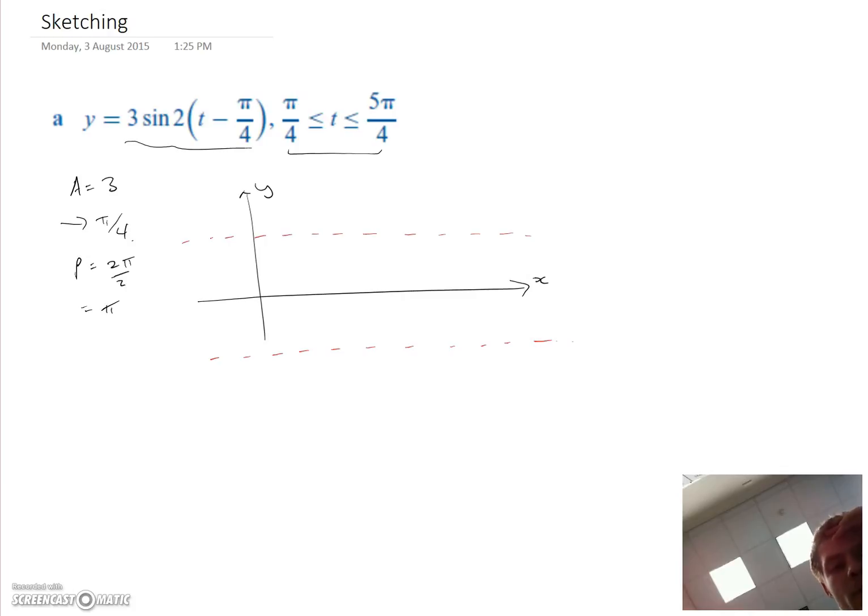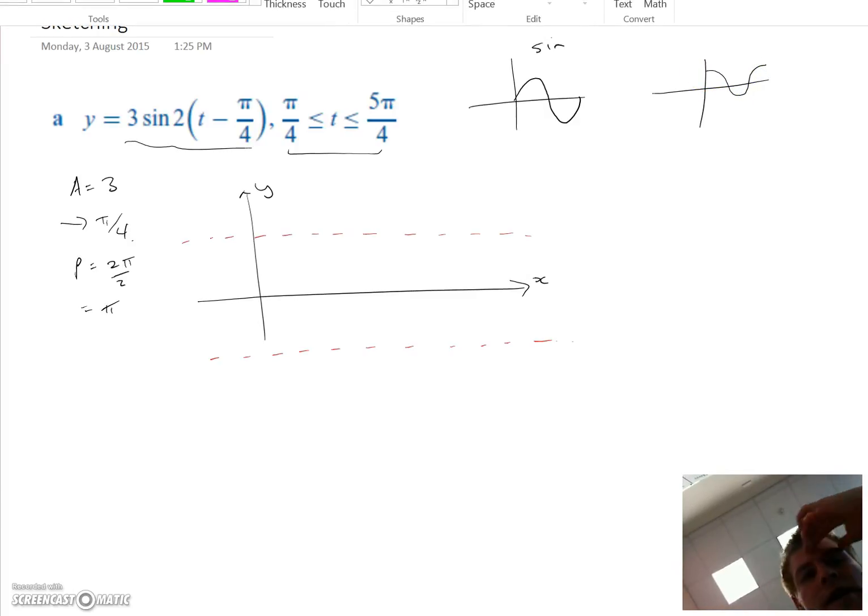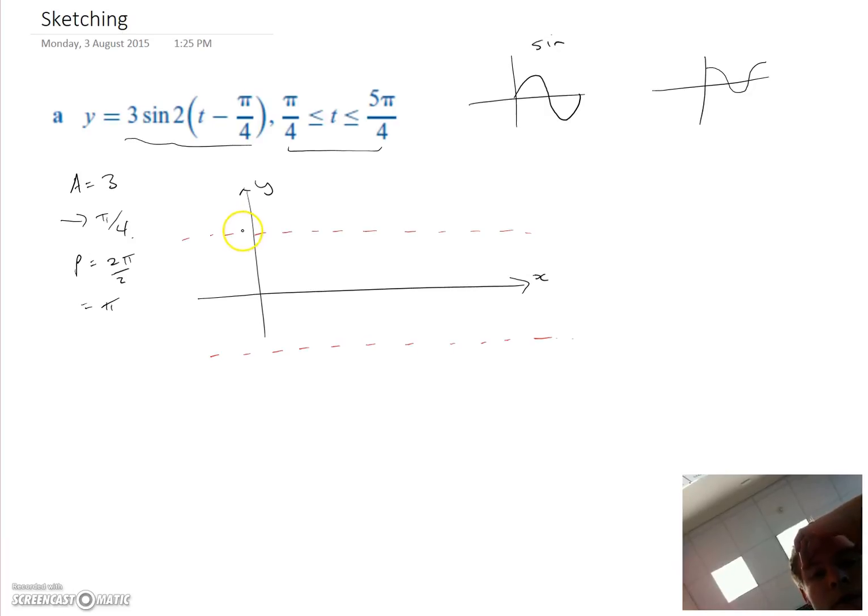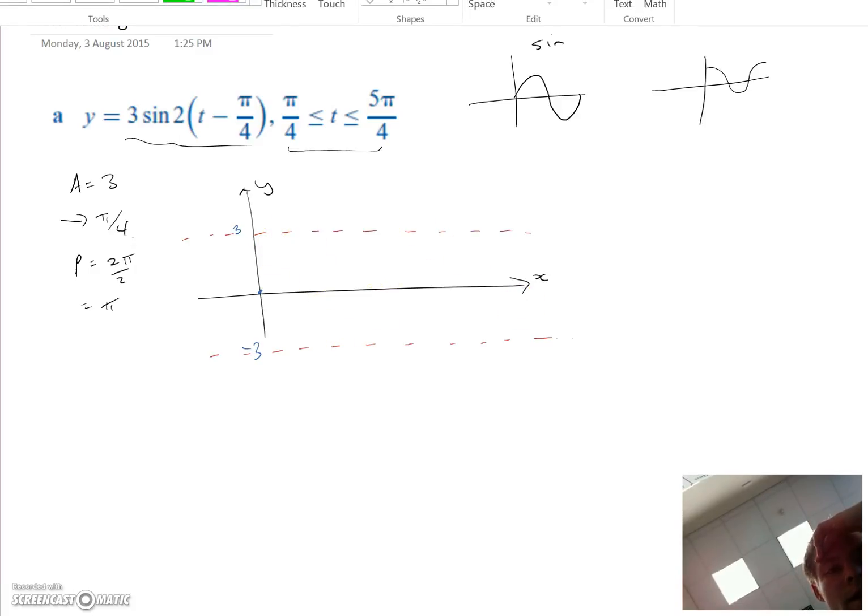And we know that a normal sine graph looks like this. So it's very important that you know your normal sine graphs and cosine graphs. So this is sine and this is cosine, starts at 1. Alright, so we know that it goes from 3 to -3, because the normal sine graph starts here, it's been dilated by a factor of 3, so it's going to go up and down, okay, and we know that